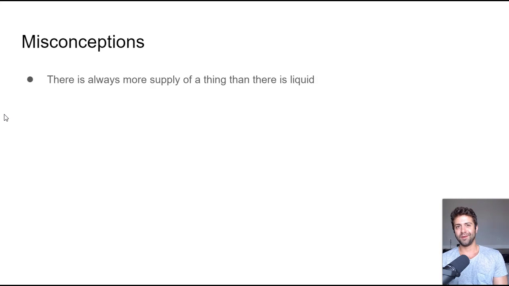Right? And I think a lot of people don't realize that that argument holds true for literally pretty much any asset out there. This includes stocks, real estate, and especially true for crypto, right? Now, I want to point out that there's always more supply of a cryptocurrency or of anything than there is actually liquid available on the market. There's always more houses in real estate out there than there is actually real estate for sale. There's always more stocks out there than there are actually stocks liquid on various markets. And this is especially true for crypto as well. There's far more Bitcoin supply out there than there is that's actually liquid. In fact, much of Bitcoin's supply is considered dormant because it hasn't moved for years.